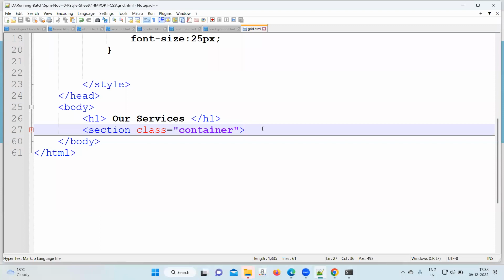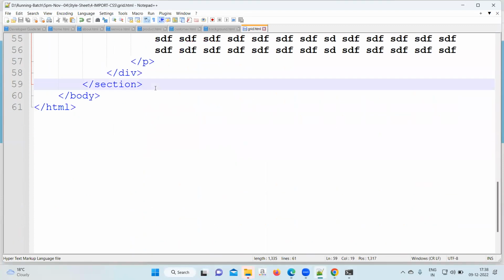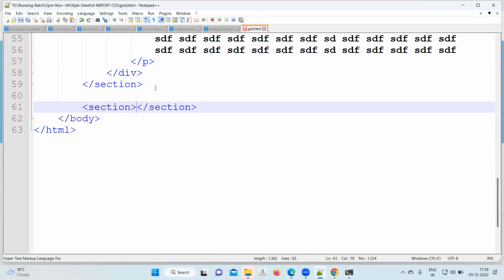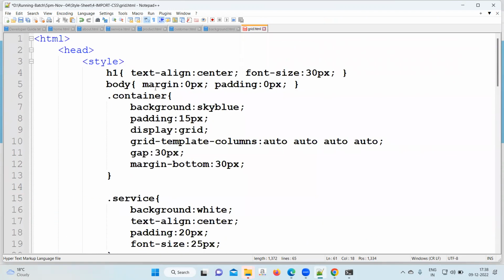Come now, after this section, create another section. We'll keep the same class. But same class if we give, then only how many will come? 4 will come. We have to give another container. And we have to change this one. We have to change this, right? So why can't we do something like,